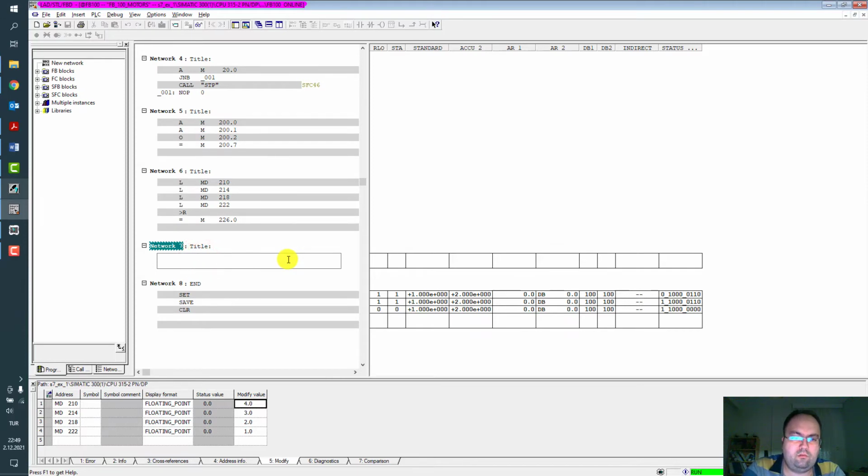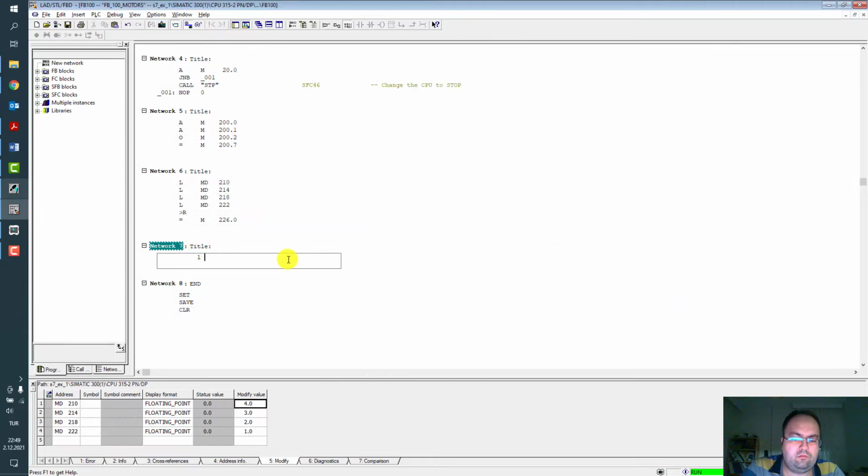At the next network, I will try the load memory word. Multiply as integer and transfer the result of the command to memory word 304. And download.